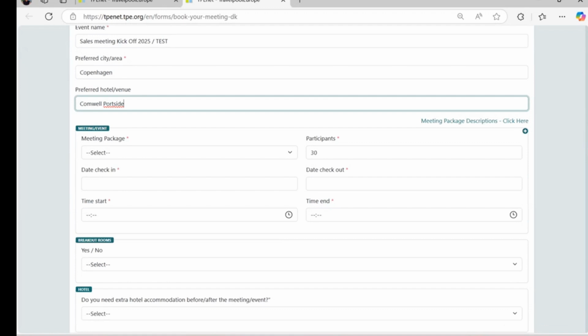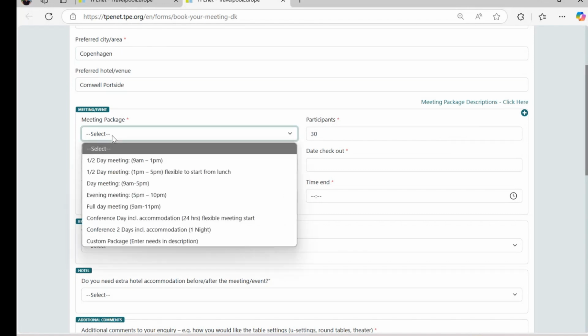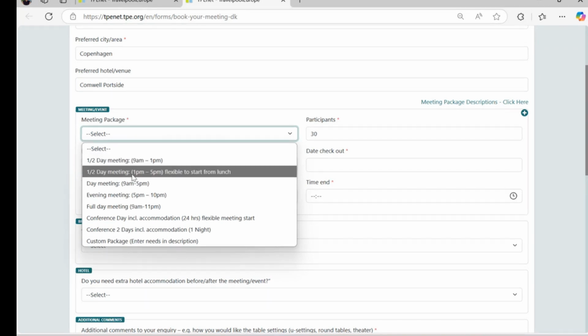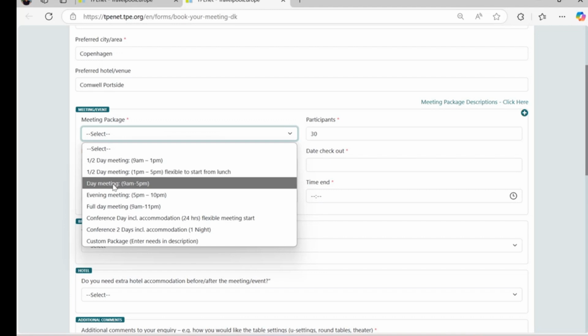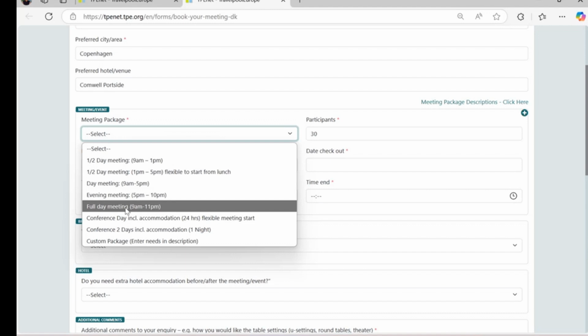The next section here, I'm just going to take it down a bit. The next section here are the meeting packages. So in TPE, we have some meeting packages that are standard. That means you can request a half-day meeting in the morning, half-day meeting in the afternoon. You can also request a day meeting from approximately 9 o'clock until maybe 4 or 5 o'clock in the afternoon. You can also request an evening meeting or a full day meeting, including dinner. A full day meeting means it's all day with meetings, and then you have dinner included as well